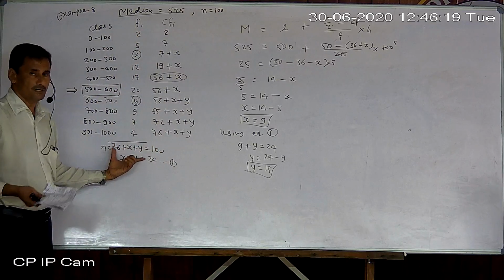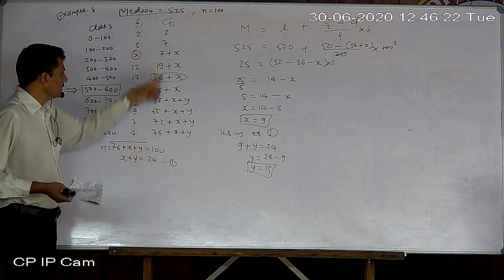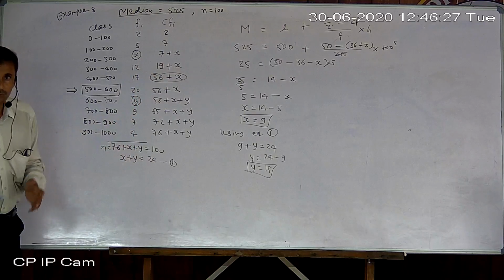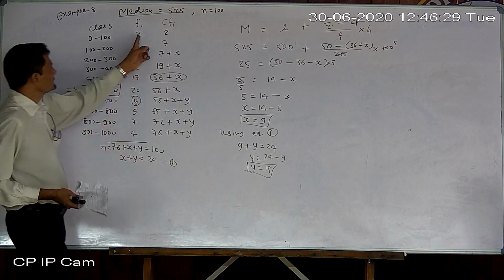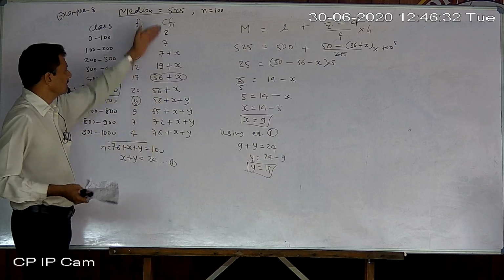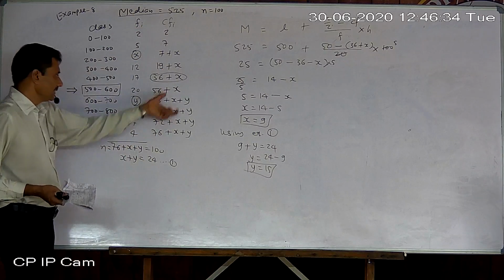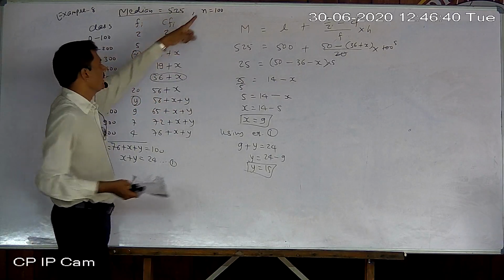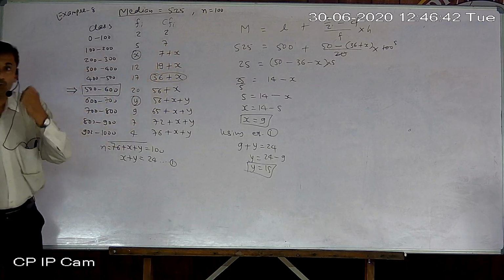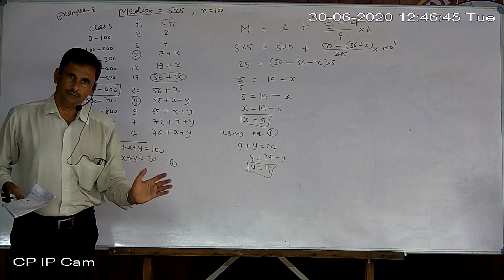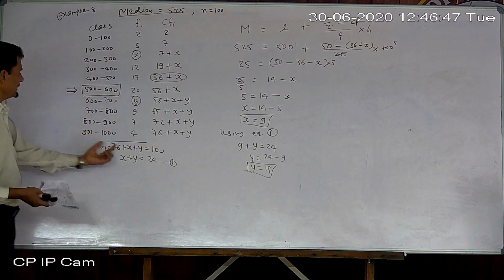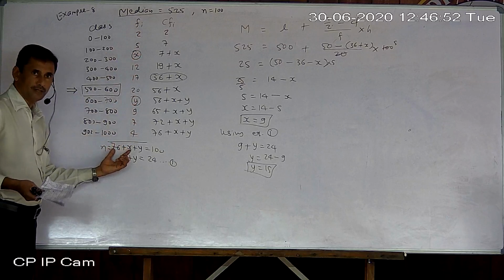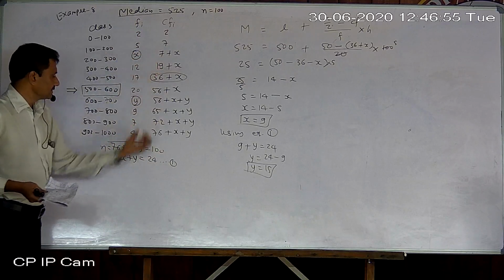are always required. Okay, so we just prepare here the column of CFI, cumulative frequency. Cumulate means to add up. So just add frequencies one by one and write here. So the CFI column is prepared. Now, whenever two frequencies are missing and n or sigma fi is given, we always compare the counted one to the given one. So counted n is 100 because indirectly it is counted here. So no need to count it here again. So 100 is given. So just compare both of them.